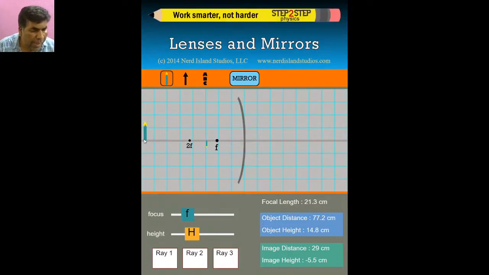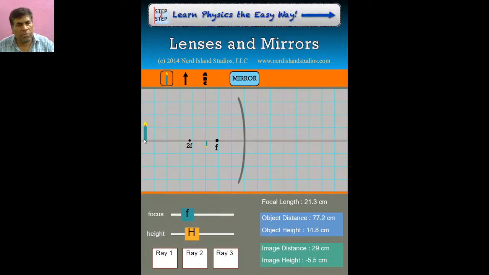Have you understood, children? Here is what we are going to understand. Please don't feel it is difficult. In our real life, it is happening. You can take a concave mirror. Practically, you can do this, because you can take one candle and one concave or convex mirror, move it, and observe. Here we are changing the location of the candle, and based on that, how is the image changing? That we are observing.